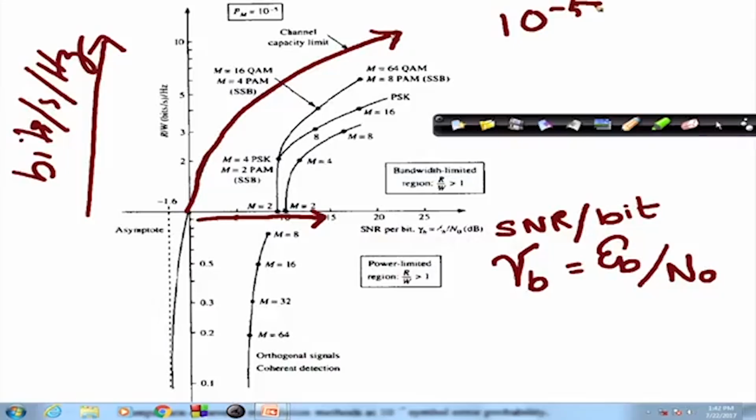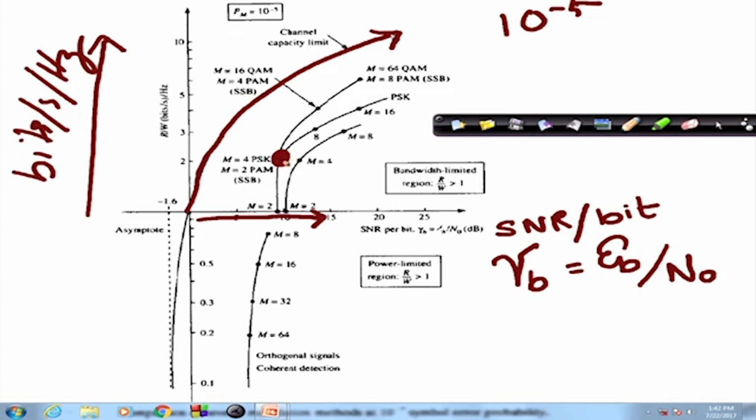Of course, just a side note, for other situations like wireless links, especially mobile communication links, these uncoded performance numbers can be taken to be 10 to the power of minus 3 as a benchmark, but generally 10 to the power of minus 5 is a good reference point considering all kinds of communication systems. So, now going back to this particular curve, what we see here is the constellation, the point